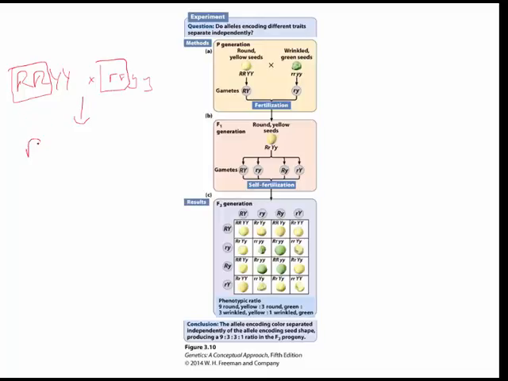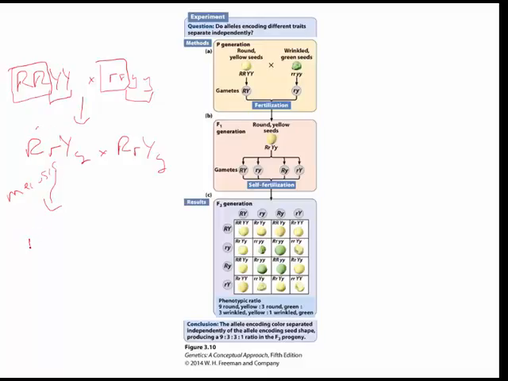Well, we can get a big R and we can get a little r. What can we get from this cross? We can get a big Y and a little y. So let's cross these together. What's going on here is we have meiosis. And then what independent